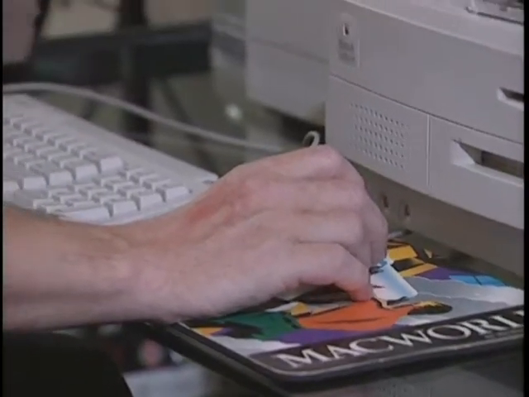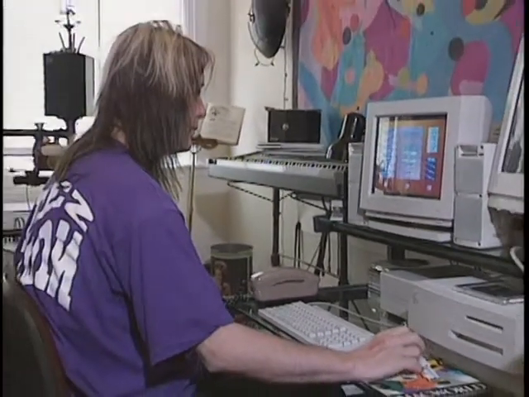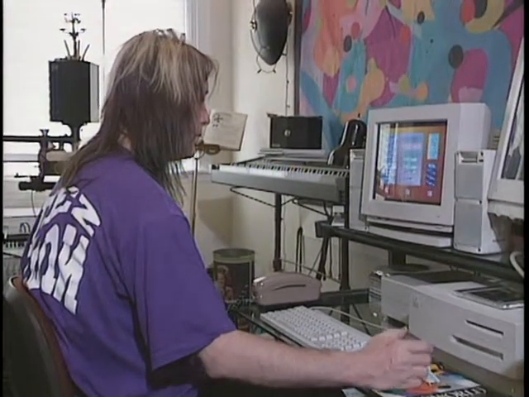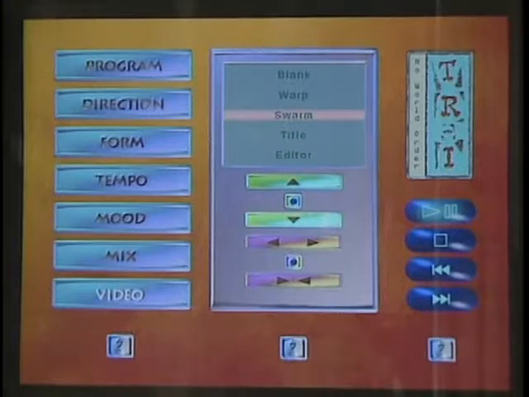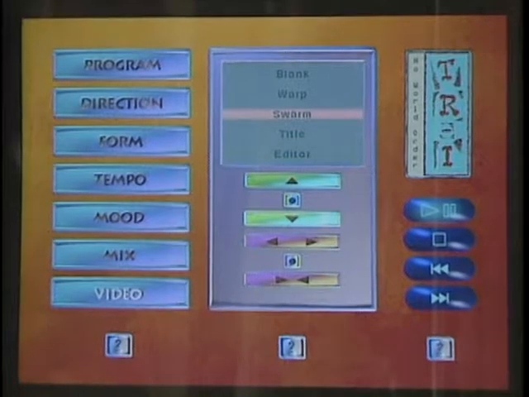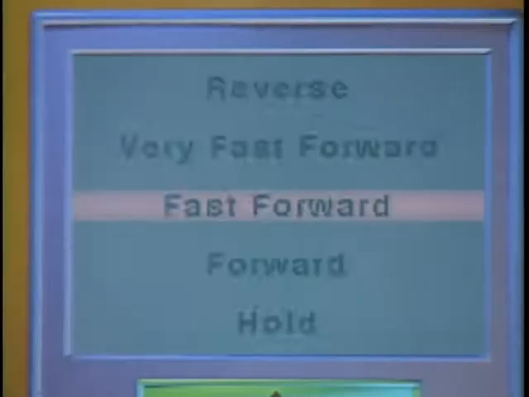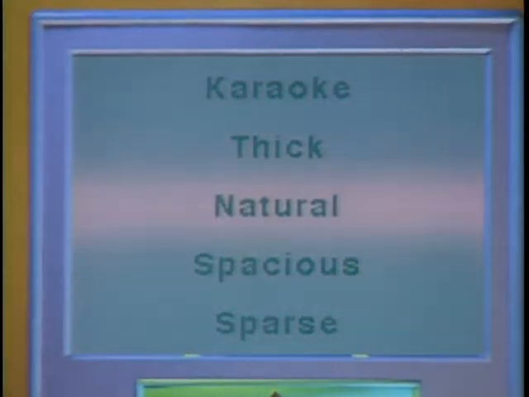Owners of No World Order can be as active or passive as they choose. A standard mix is provided as a starting point, and the music will keep playing by itself like an audio CD. There are also familiar CD audio controls on the screen. More active users can customize the songs to suit their mood or purpose. For example, there is a sparse mix, which highlights the vocals, an all-instrumental karaoke mix, and an hour of dance